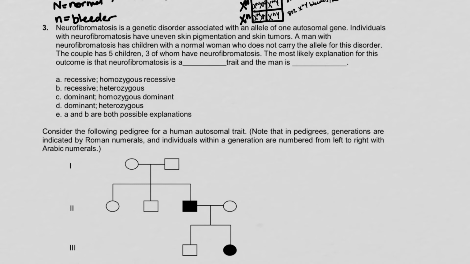Neurofibromatosis is a genetic disorder associated with an allele of one autosomal gene. So autosomal means it's not sex-linked. Individuals with neurofibromatosis have uneven skin pigmentation and skin tumors. A man with neurofibromatosis has children with a normal woman who does not carry the allele for this disorder. Okay, so she's normal and does not carry the allele. He has neurofibromatosis, and since we know